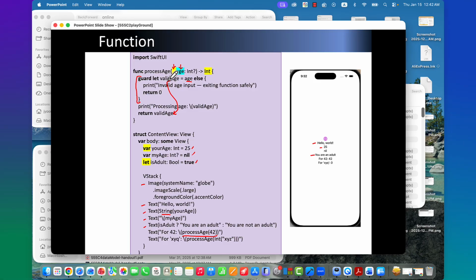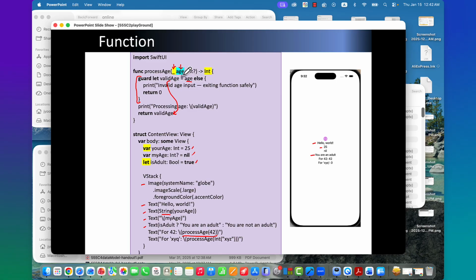Okay, guard, we declare that, and else, if we cannot declare this constant, then we can activate the else component. Everything inside here, that is else. It returns 0, returns nothing.